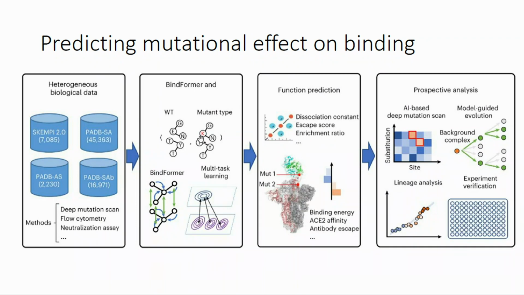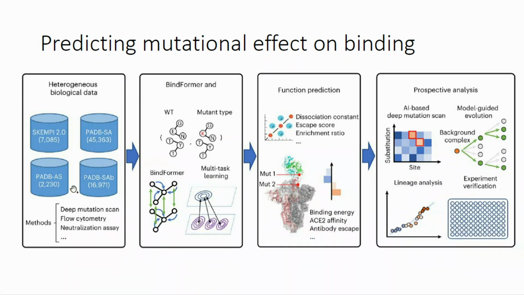This kind of problem usually has data that comes in pairs, as a wild type protein and a mutant. The mutant can be a single mutant or multiple mutants, and we challenge the model to predict either the change in binding affinity, or you can solve an easier task of just ranking the mutations based on your predicted affinity, or you want to precisely predict the delta G for each type of mutant as well as the wild type.